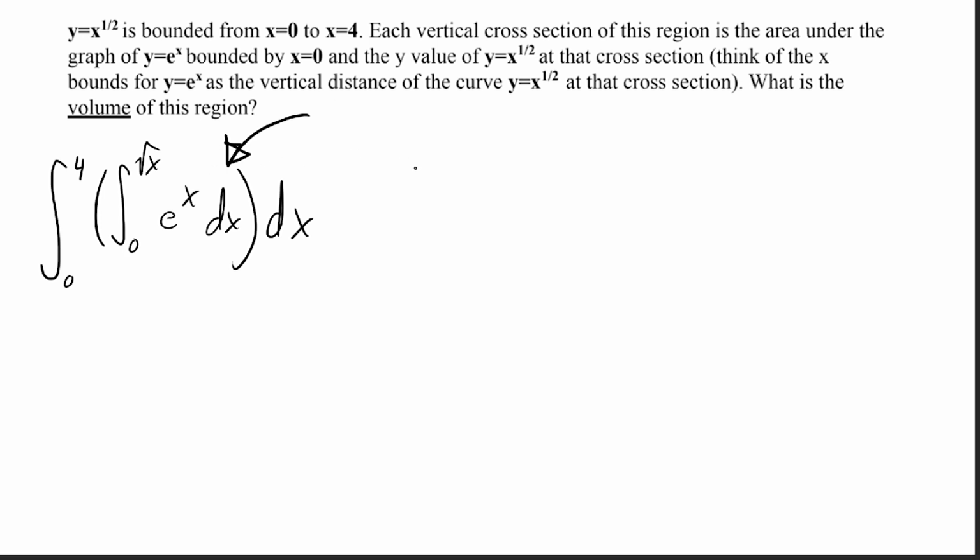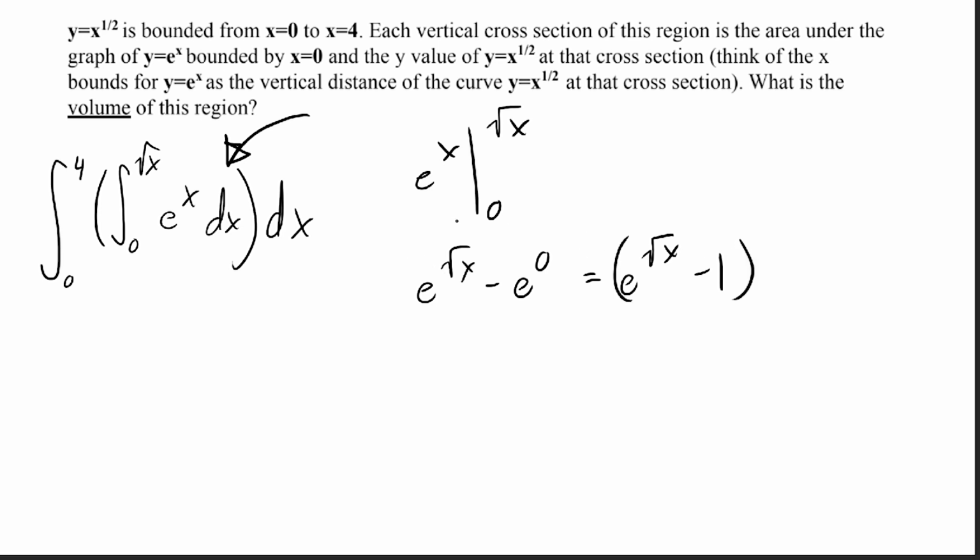And so this inside equals the evaluation of e to the x from 0 to square root of x. And so this equals e to the square root of x minus e to the 0, which equals e to the square root of x minus 1. So now we can plug this back into the parentheses right here. So we have the integral from 0 to 4 of e to the square root of x minus 1